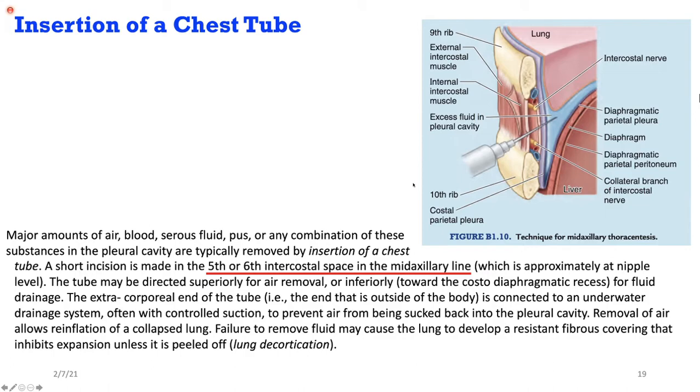Under the same image, you can read this: a short incision is made in the 5th or 6th intercostal space in the mid-axillary line. So the write-up is right, but the picture they have labeled wrong. So please clear it in your minds. Now, why are we not injecting at this place? That's the second question. I hope we are clear, because when you go to the blue boxes, you'll see this image labeled like that. But the write-up written underneath is right. This writing is perfect, but this image has something wrong.